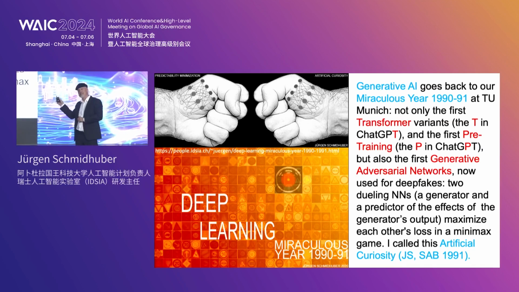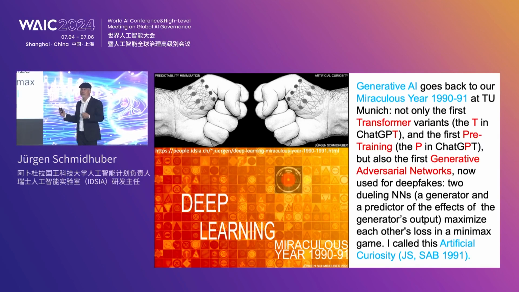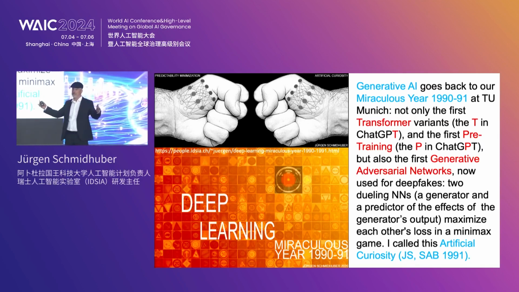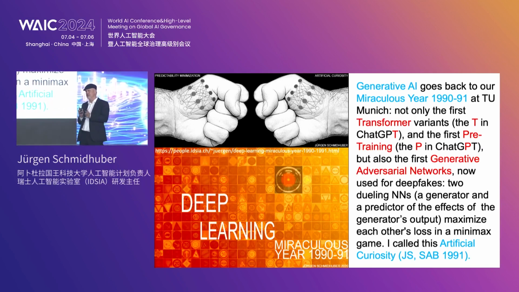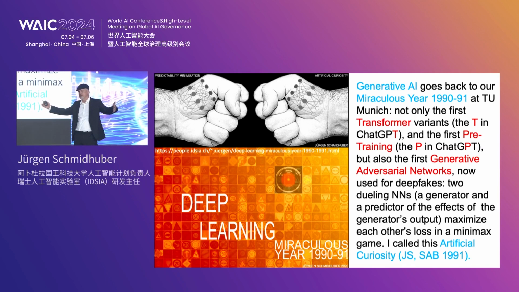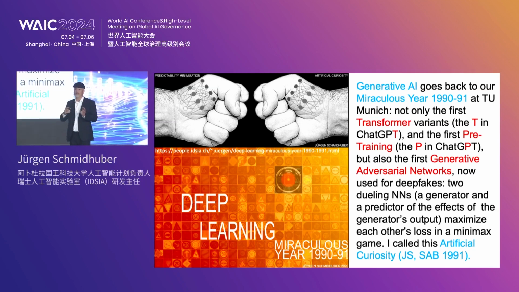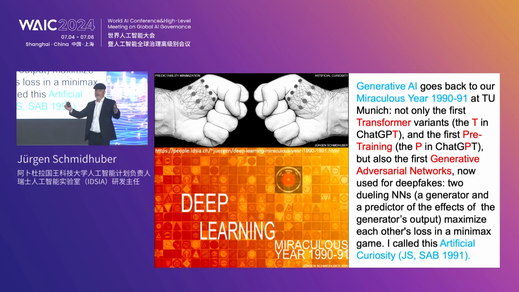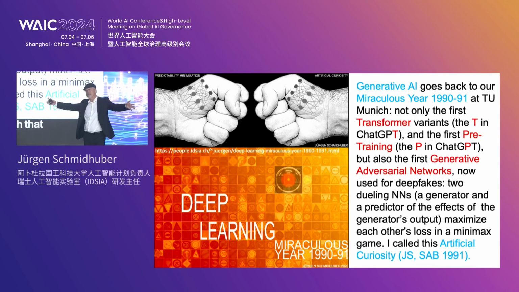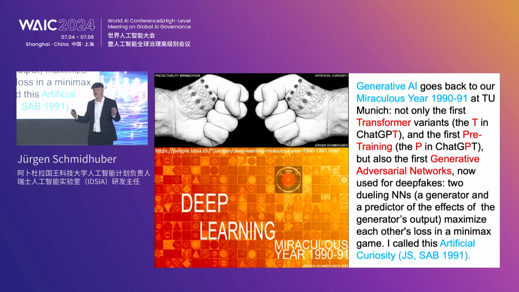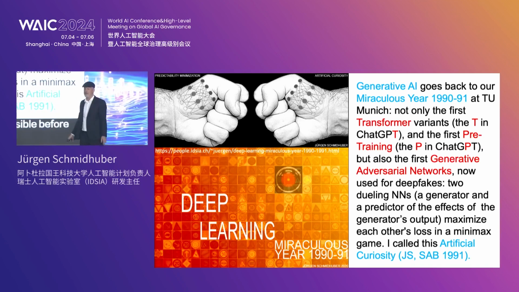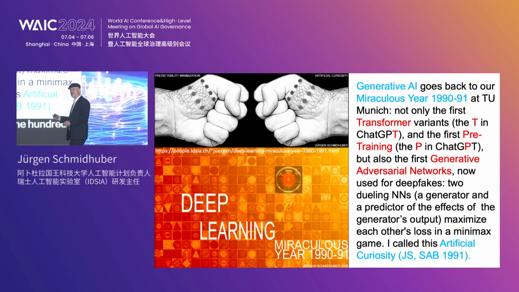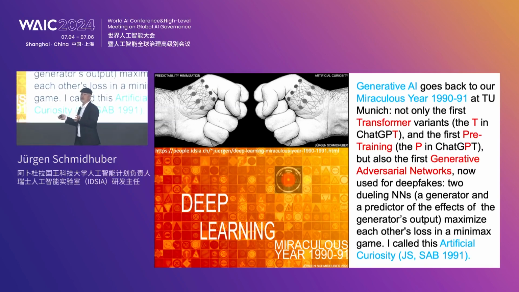So not only the T in transformers, but also the P, the pre-training, because back then deep learning didn't work. And what I did then was to compress sequences by predicting the next thing in a self-supervised fashion, such that the prediction machine was able to compress these sequences greatly, such that suddenly deep learning became possible where it wasn't possible before. And in the same year, or actually in 1990 already, I had these things which are now called generative